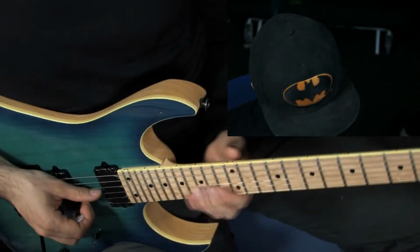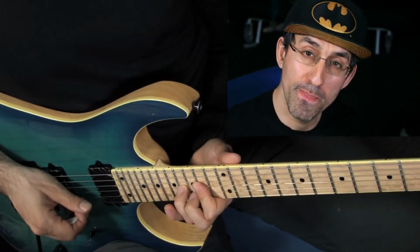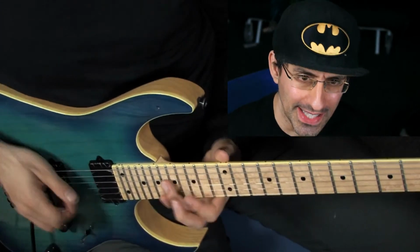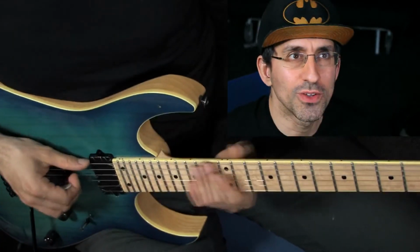Let's do that one. So slide up from the 14th fret to the 16th fret, and then hit that 15th note with your middle finger. That's kind of the essence of it. That's what you need to get down, that slide. Whoops. And then if you want, you can try to do a little bit of...